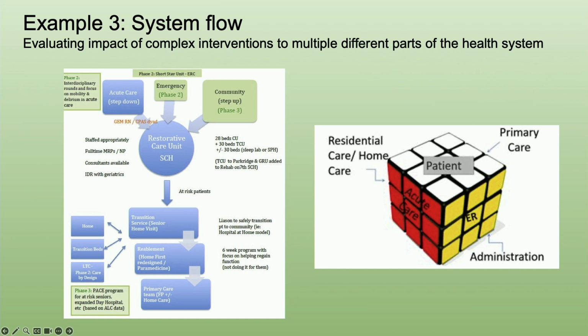And so here we can see that we're trying to capture the complex interventions across many different parts of the system. And so this modeling process is underway. And we're trying to account not only for things within the hospital, so emergency department and acute care with the patient at the core. We also want to capture primary care. We want to capture different types of community care, so residential care in the community, home care, intermediate care. And we also want to make sure that we're leaving room for administrative decisions and so on.